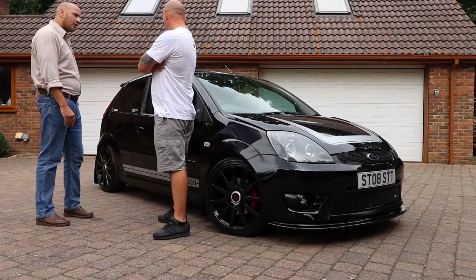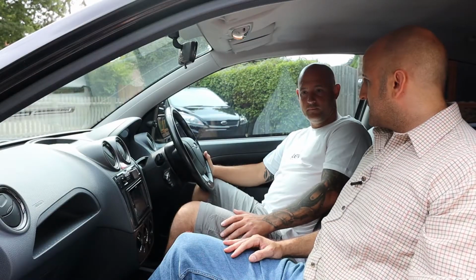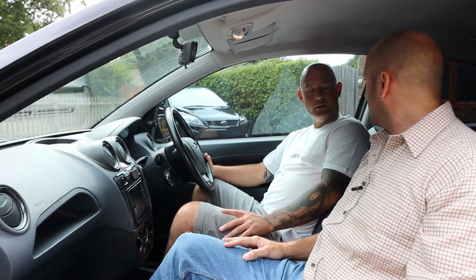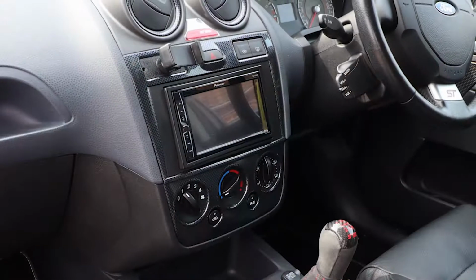Perfect. Should we have a look inside? Yeah, of course. So, sitting in the Fiesta ST, space isn't the best, but we've got to remember what this car is actually designed for. Road going go-kart. It absolutely is, definitely. But we've got all the usual refinements, and I've noticed we've got air conditioning as well,